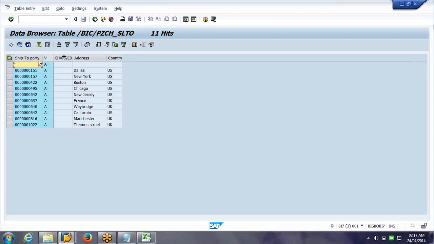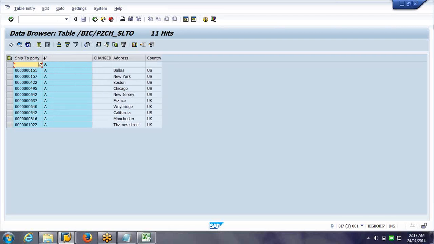The reason is there is one field called version. A means active version of the record. So records also can be in modified version or active version.